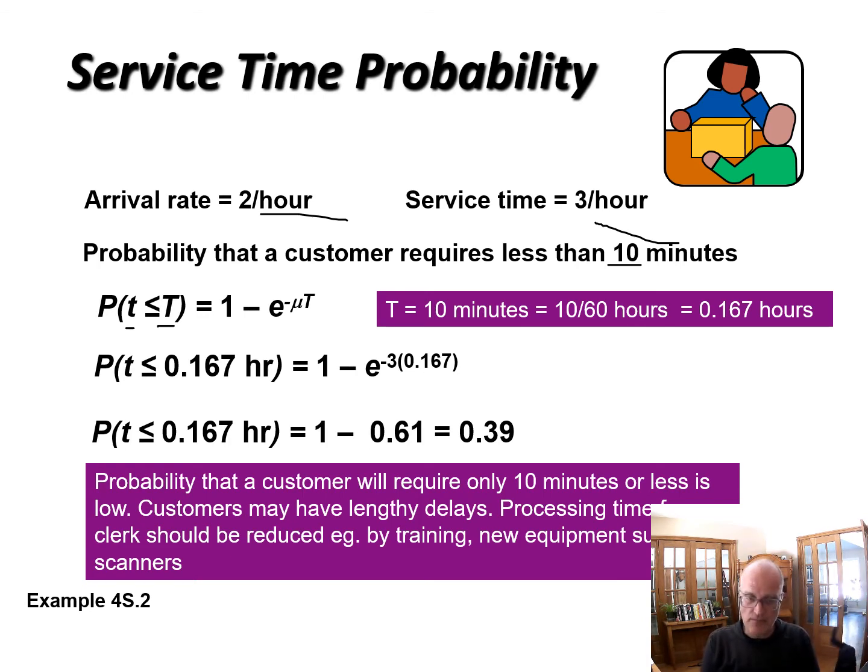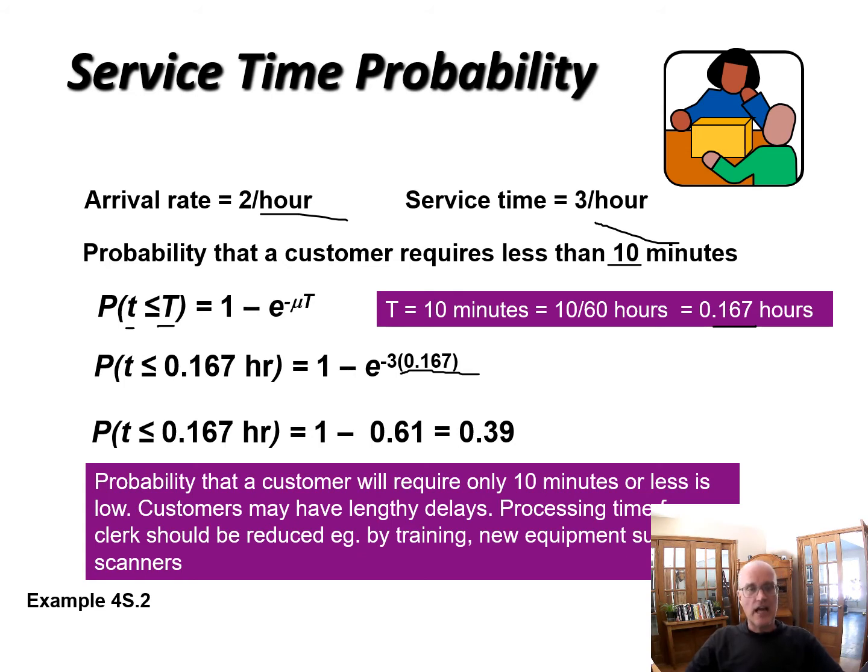The first thing I said you need to be really careful of is that you have rates. The second thing you need to be really careful of in queuing theory is that your units are the same. In this case we have 10 minutes, so we don't put 10 in here because these are hours. We convert 10 minutes into hours and we get 0.167. That's the only other trick that I can throw into a queuing theory question. So the probability that a customer service time is less than 10 minutes is equal to 1 minus e to the negative 3, the service rate, times 0.167, the target time,